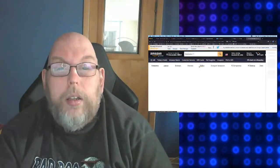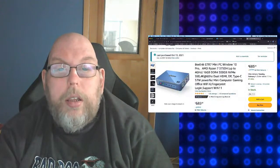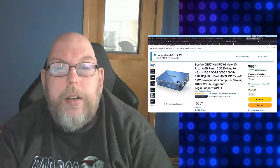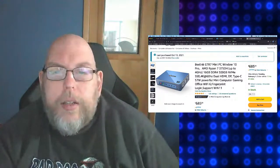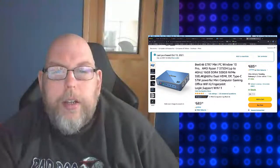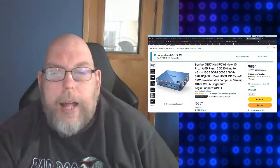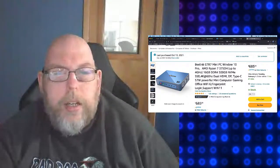October. So this little machine from B-Link, it is 16 gigs of RAM, DDR4, 500 gig NVMe drive, 57 watts. And it's got Wi-Fi 6, supports Windows 11, but